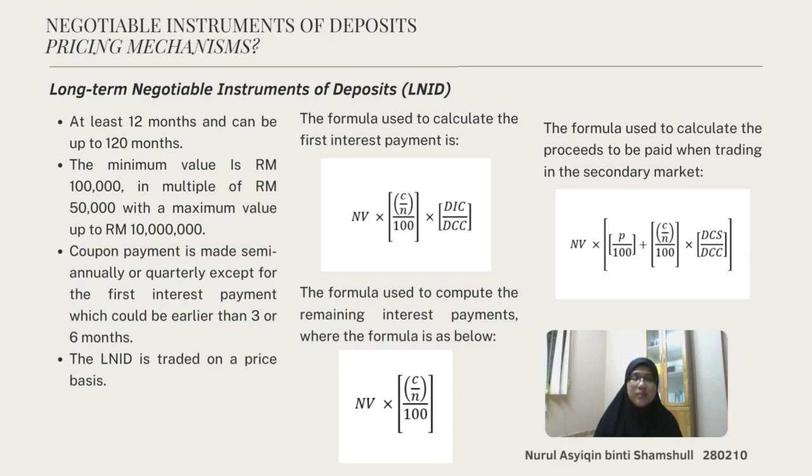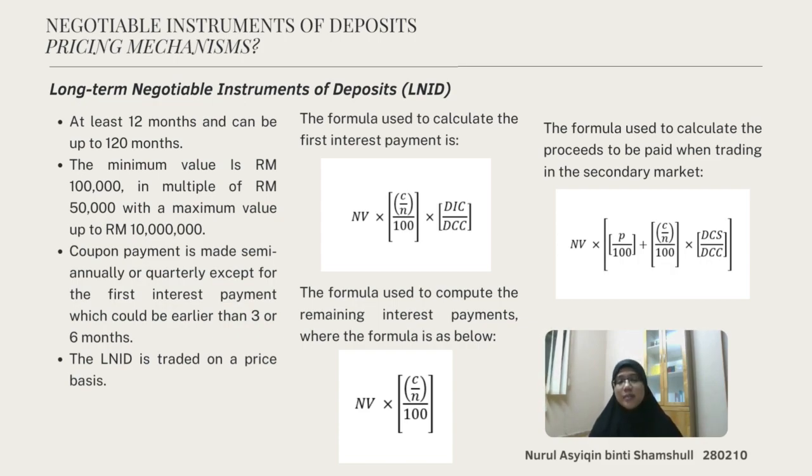Secondly is the long-term negotiable instrument of deposit (LNID). The tenure for LNID must be at least 12 months and can be up to 120 months. The minimum value for LNID is 100,000 ringgit in multiples of 50,000 ringgit with a maximum value up to 10 million ringgit. The issuer may issue LNID at par, at a premium, or at a discount,